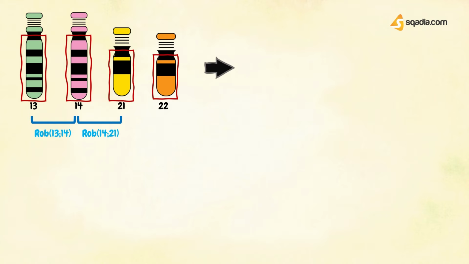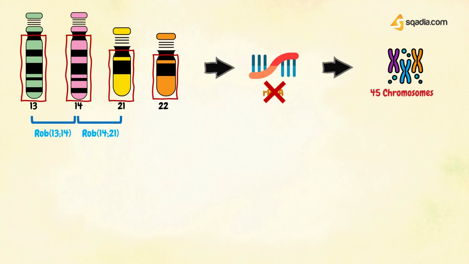Although centric fusion involves loss of ribosomal RNA genes, sufficient intact copies remain on other chromosomes for no serious consequence to result. The carrier of a pair of centrically fused chromosomes may therefore have only 45 chromosomes, but be quite healthy as the overall loss is insignificant. This is a balanced translocation. However, such balanced translocation carriers run into